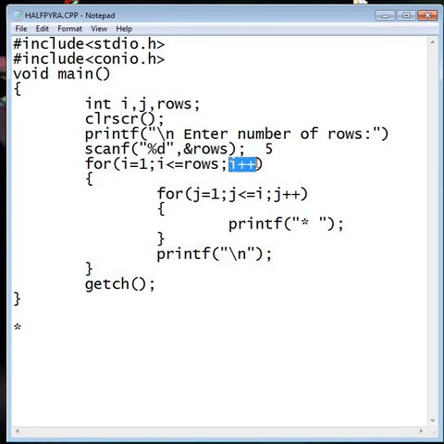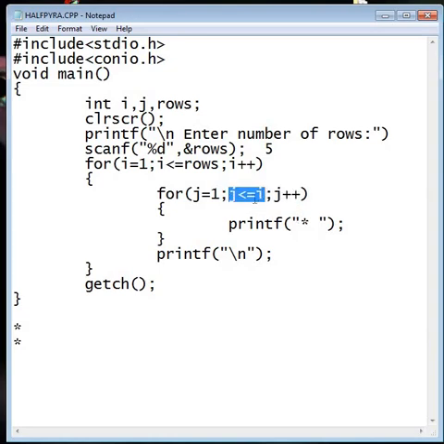Again I plus plus, so now the value of I is 2, so it satisfies the condition, and j is less than or equal to I, because j is 1 and I is 2, so it satisfies the condition. So now star and space, star and space. Now j plus plus, so now the value of j is 2 and the value of I is 2.